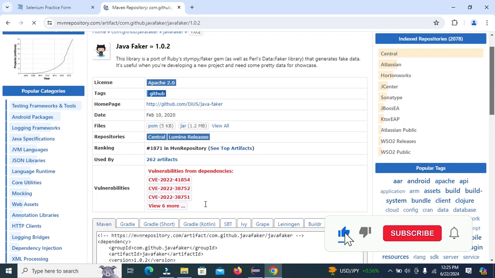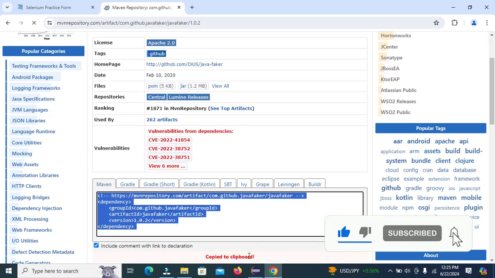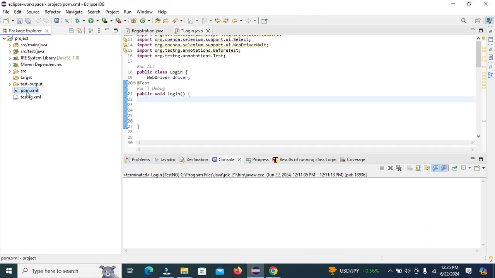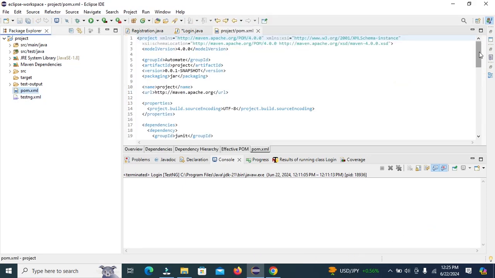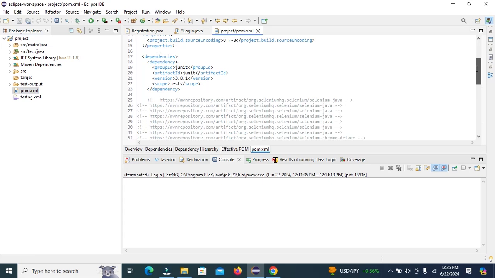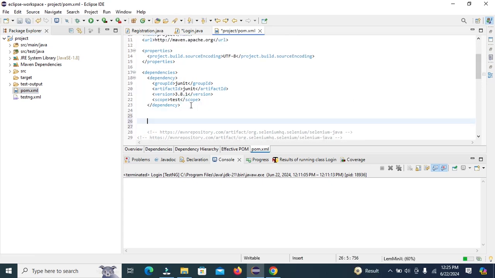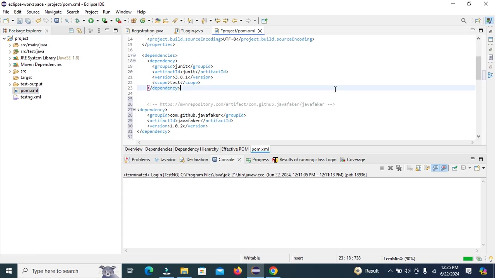Copy this dependency and open the pom.xml file and add dependency here in the dependency section. Control S to save this file. After adding this dependency,